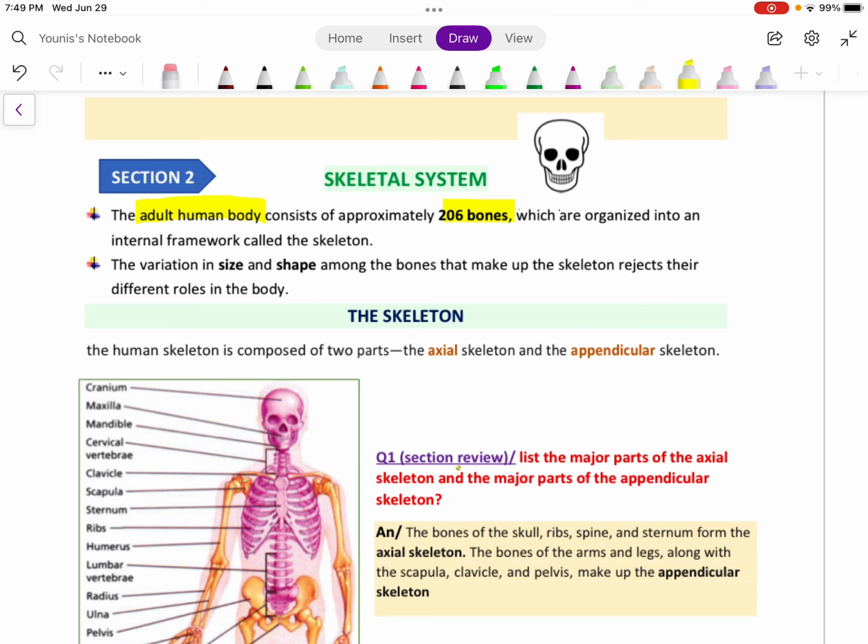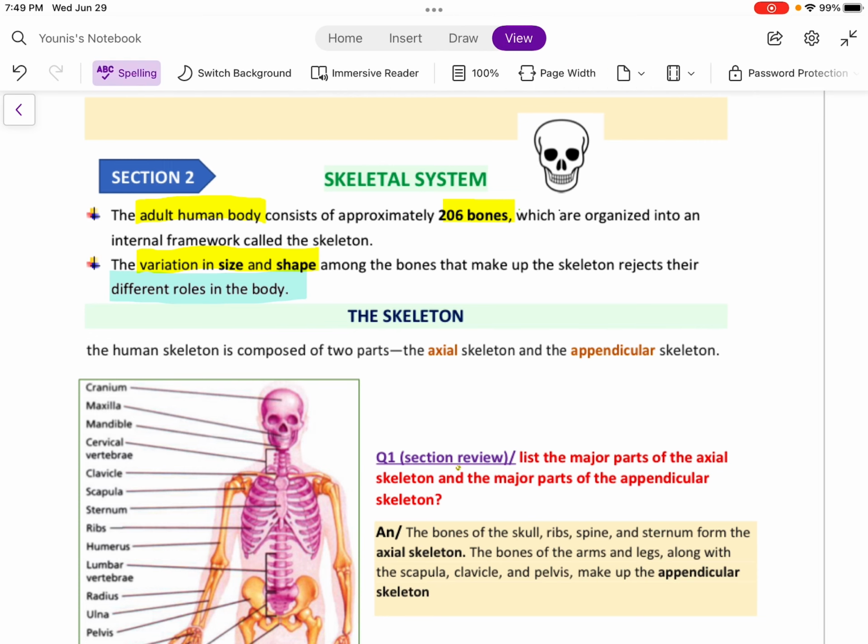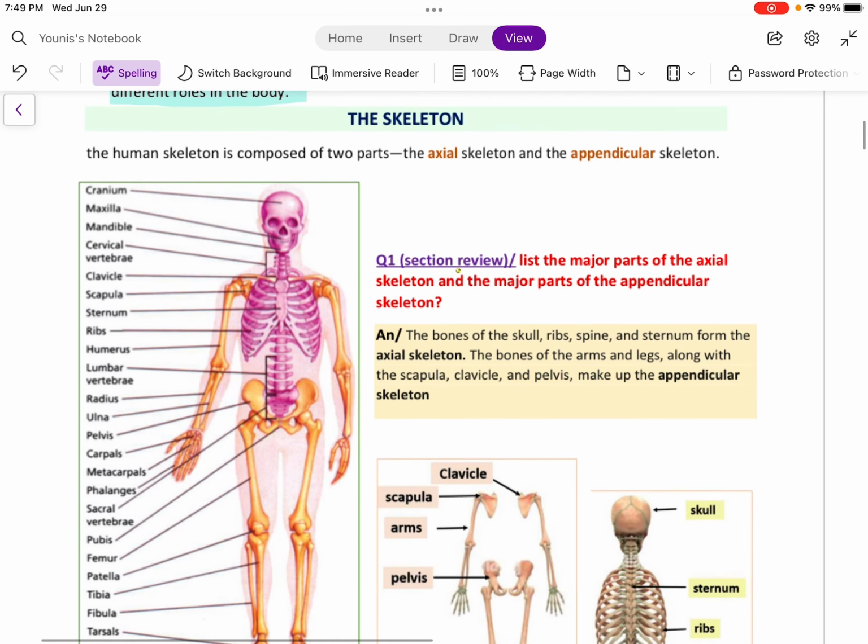These 206 bones that make up the skeletal system have a great variation in size and shape. They differ in size and shape, and this variation can enable them to play different roles in the human body. Okay, I think this is pretty simple to be